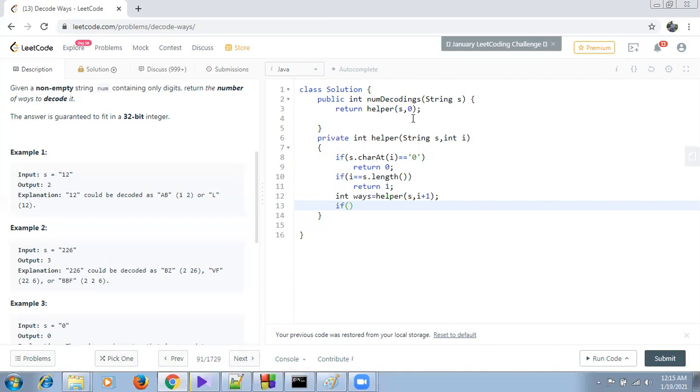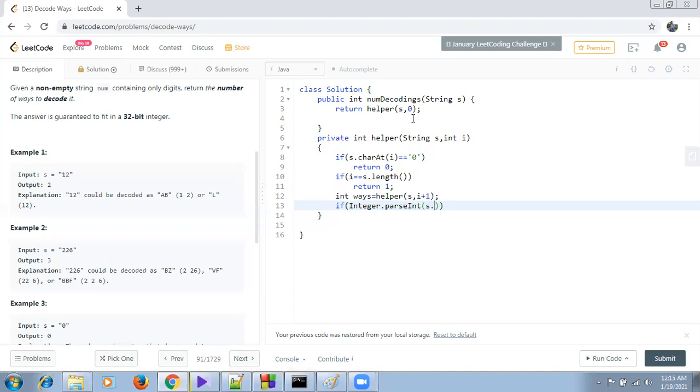First of all we have to convert this string into an integer, because we have to check that it is not crossing 26. So how can we convert? Using Integer.parseInt of string.